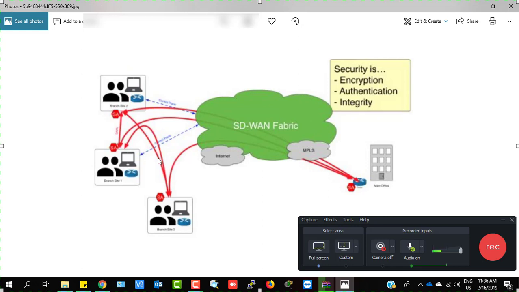But in SD-WAN, if your offices use cloud infrastructure, cloud services such as Office 365, Microsoft Azure for Active Directory and other application services, Amazon Web Services for Active Directory, file service, other web services, software and application services, then SD-WAN is the